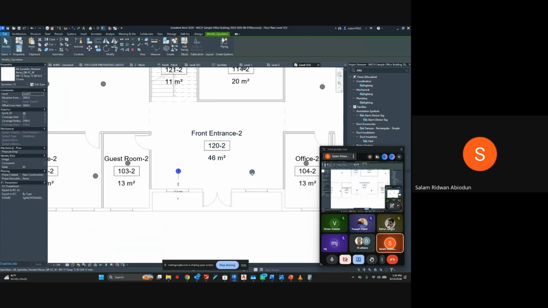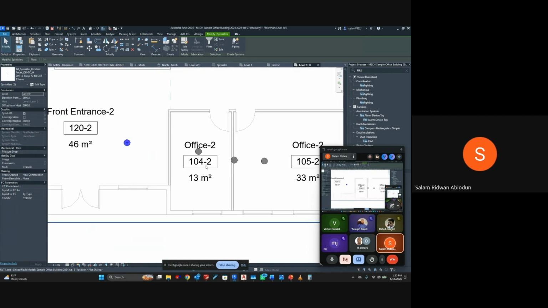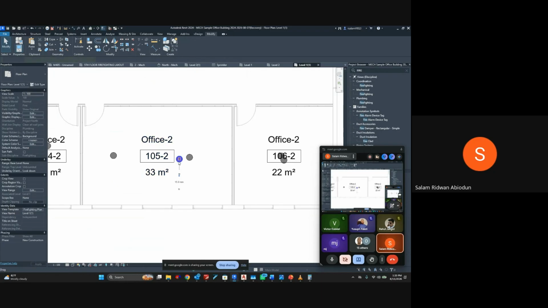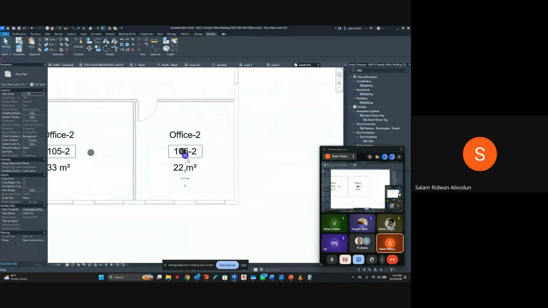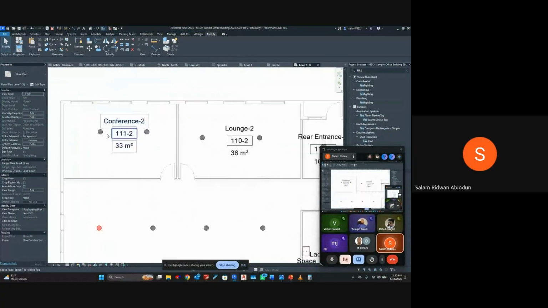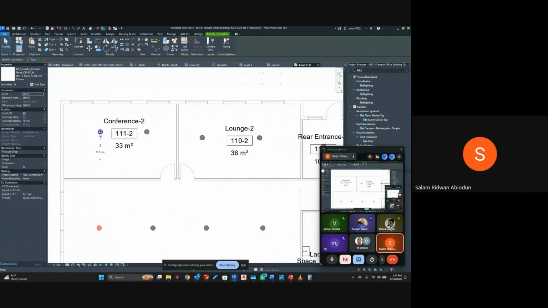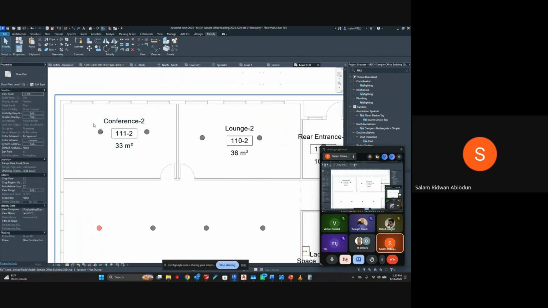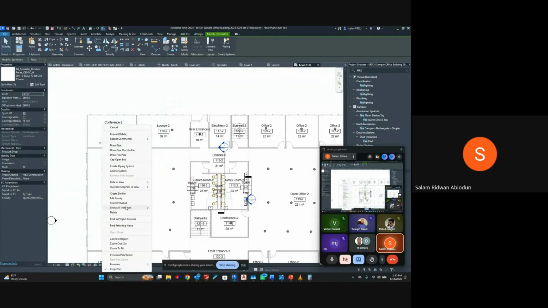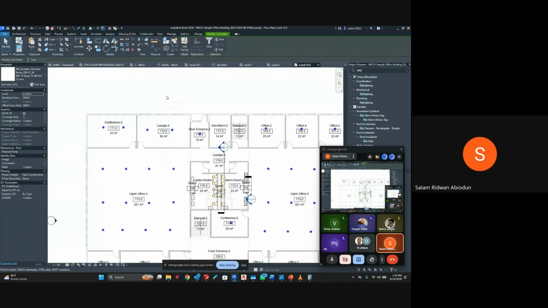Okay, so let's move backward a bit. This one should go. This one too should go. This should go. Okay, so you pick one of the sprinklers. Okay, you pick more than one. Sorry. Let me just pick everything on this floor. Select all visible. Then you now say,